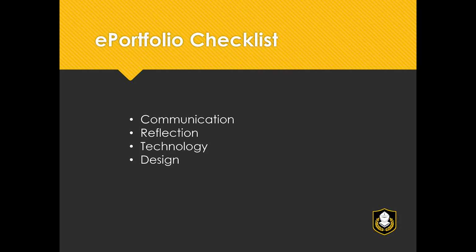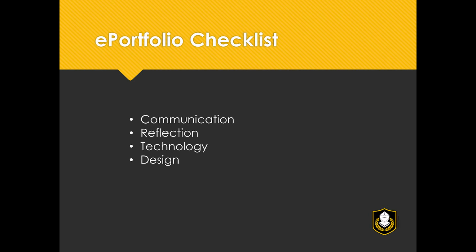So it helps you make sure that you've got all your content, all the required components of the portfolio, that you have appropriate descriptions of artifacts for your audience, you've included appropriate artifacts for your audience, that you've done a read through of your content to make sure it's grammatically correct, maybe error free, and then things like checking your fonts, your colors to make sure that they're visually appealing, that you're checking your hyperlinks, any kind of videos or things like that on your ePortfolio to make sure that they work and that they link to the appropriate sources